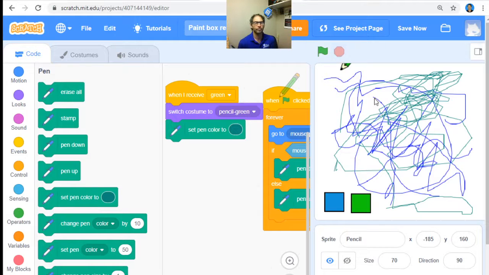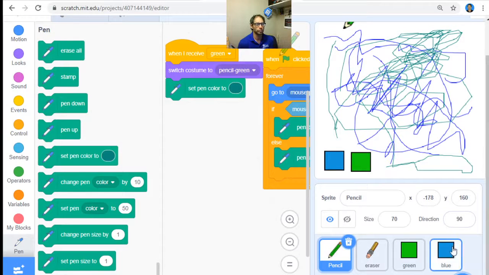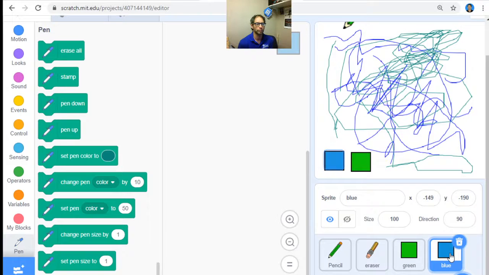Alright, so we have the green sprite color there. When we click on that with the pencil, that's changing the color to green. But now we need to code the blue one so that we can go back and forth between the colors. So basically we're going to do the same thing that we just did with the green sprite to the blue sprite there. So go ahead and click on the lower right corner, click on the blue sprite, and then we're going to do the same code we just did a minute ago